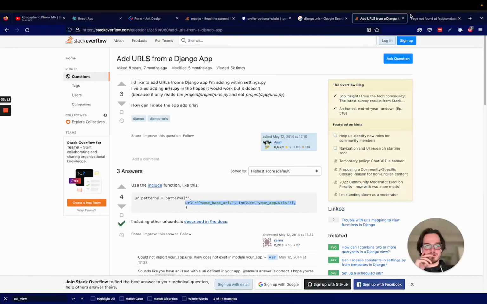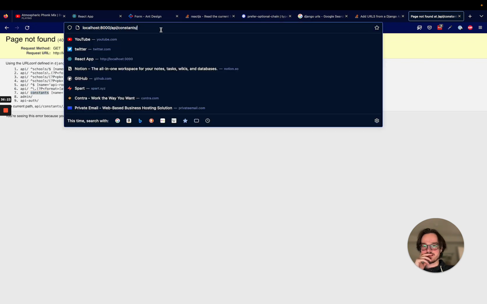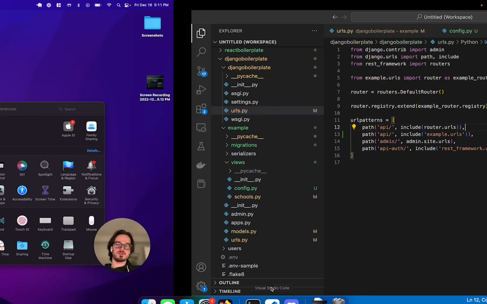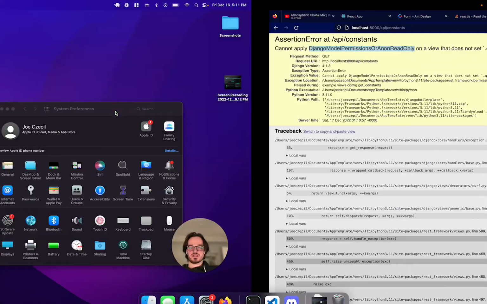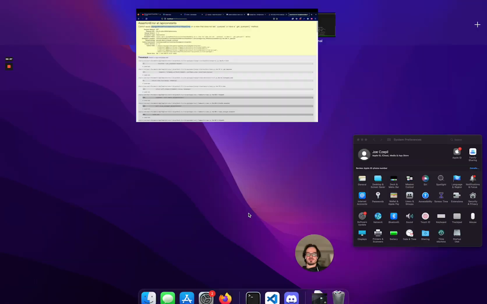API is still running. If we refresh now, you can see it is there. It does exist. Oh, and default permissions are, what was that? Cannot apply this on a view that does not set query set or have a get query set method. So